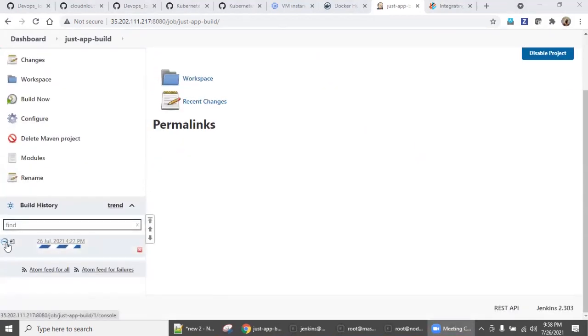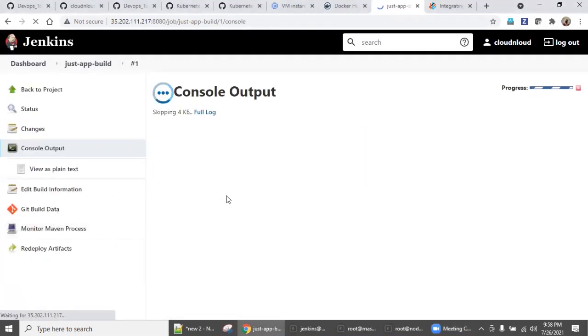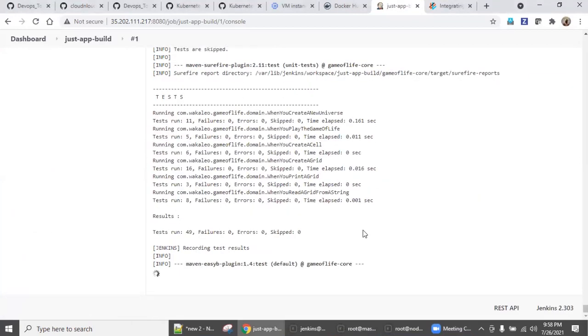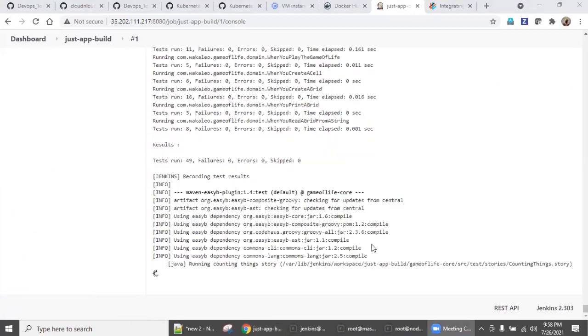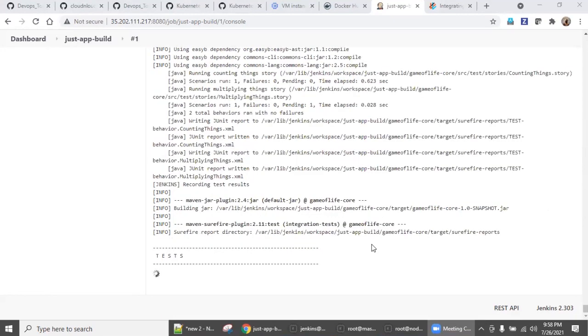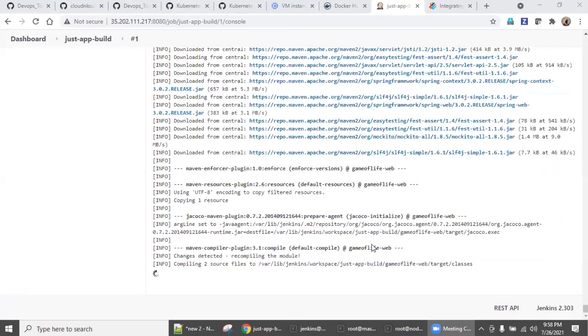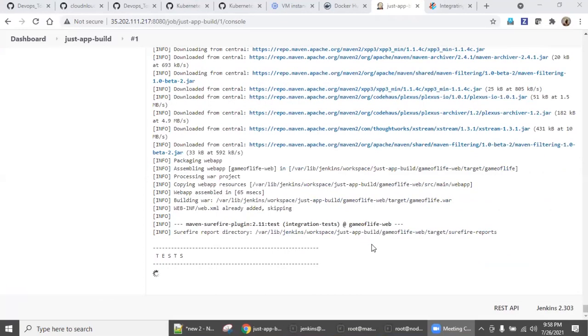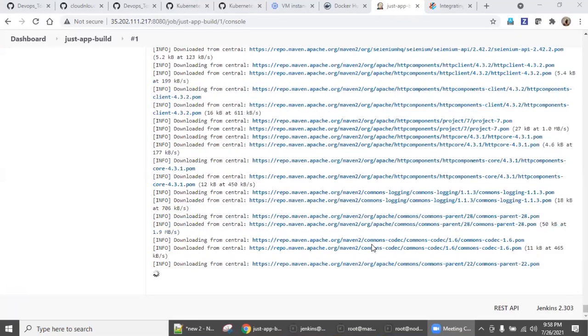Let's go back to the log. Let's see what is in the log. Come down. Let's wait for a few seconds. So now it is taking the compile, it is taking the build, it is about to create the war file, web application archive, right?